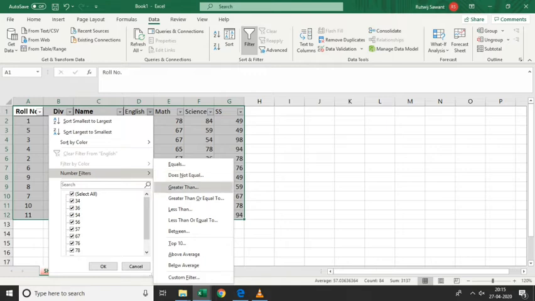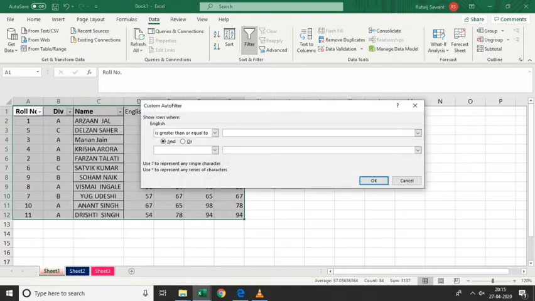So I'll type some value, suppose I want to display the marks of English of those who have scored marks between 50, I'll put one more condition, less than. So greater than 50 and less than suppose 80. So I'm putting a condition over here.